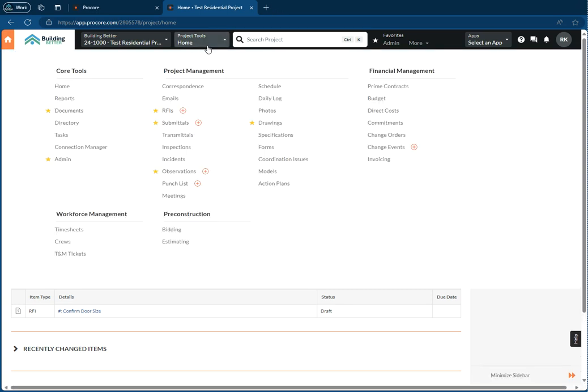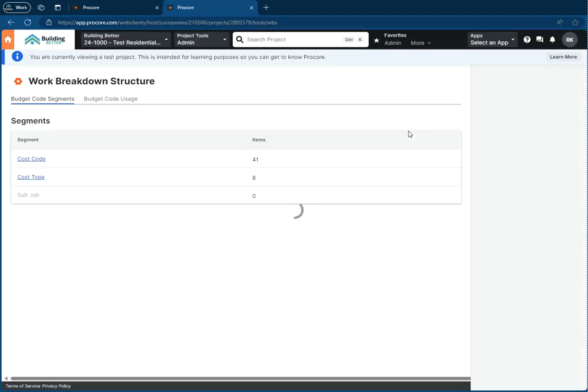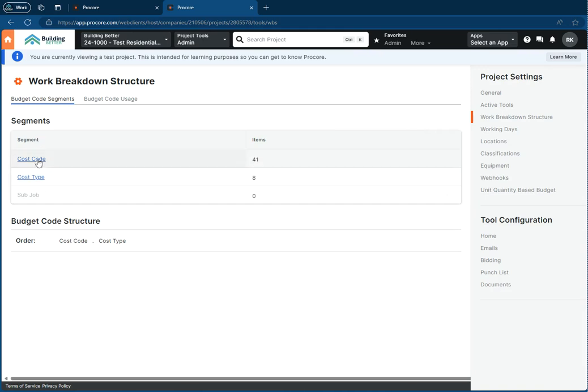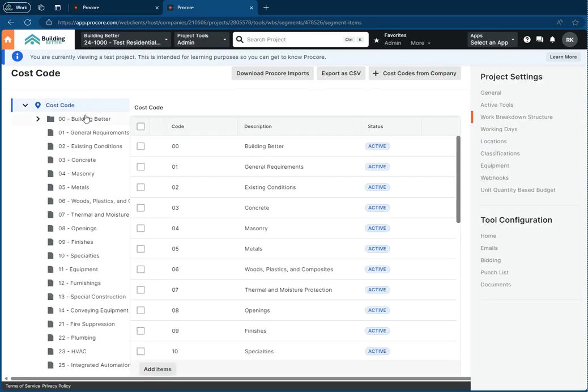But what you're going to do here is come into admin, go to work breakdown structure, and there's going to be a couple parts here. You have your cost code, your cost code type, and your sub job. Sub jobs by default are not turned on. A lot of companies actually create one sub job for every project and put all the cost codes under there. So if you click your cost codes,